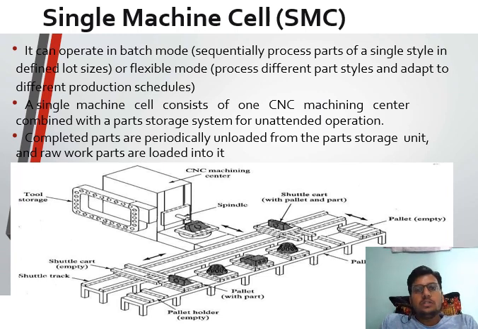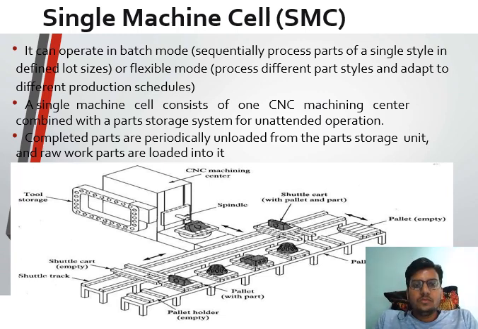It also consists of one CNC machining center combined with a part storage system that is used for the items or products which are not yet processed. So the completed parts are periodically unloaded from the part storage unit and raw work parts are loaded into it. So in this particular figure and layout we can see